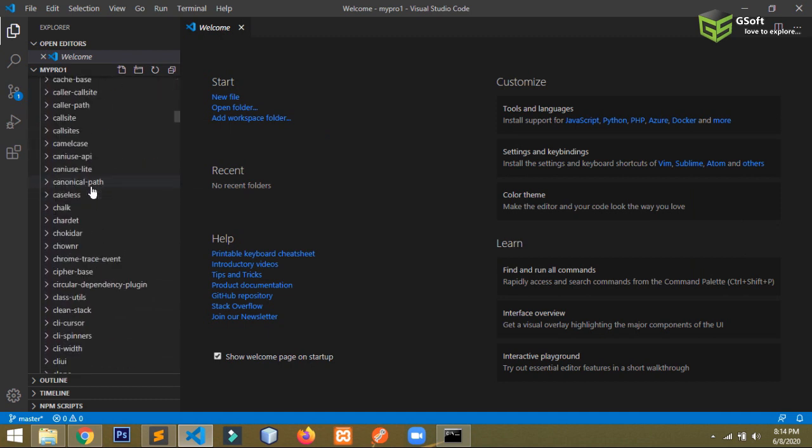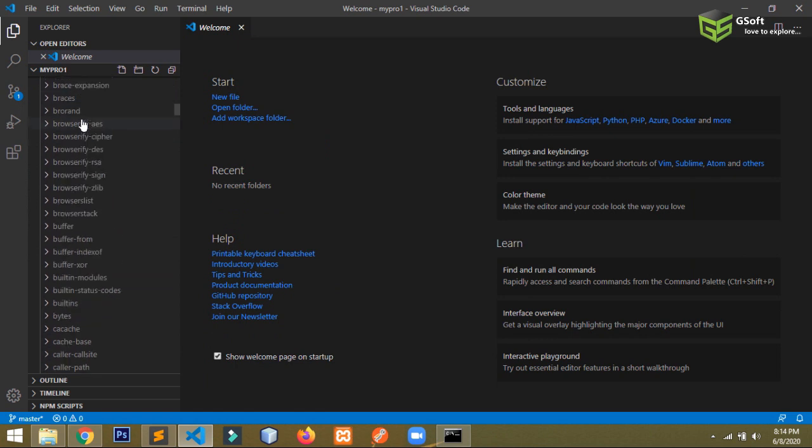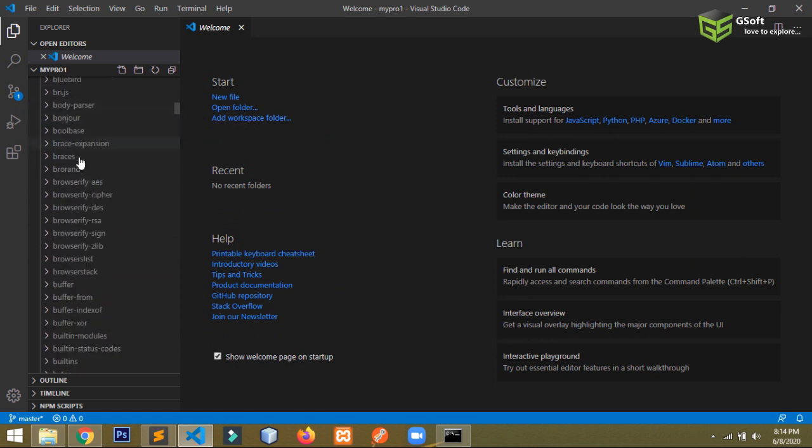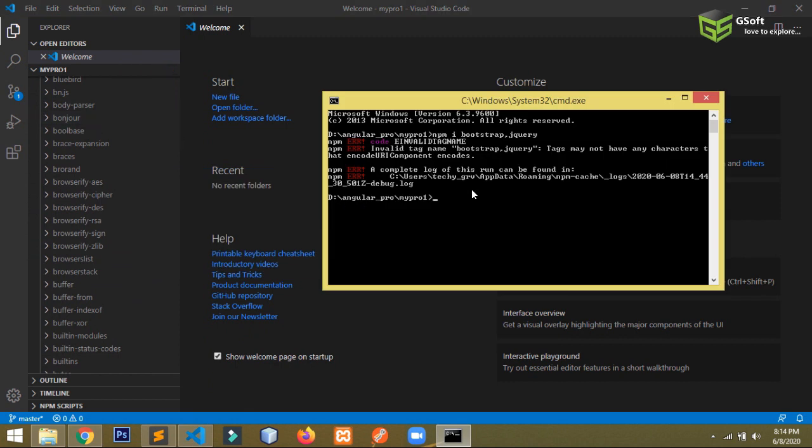Let me show you Bootstrap. Right now we don't have any Bootstrap here, you can see. It's throwing an error, so we will do one thing, we will install it separately. First we will install Bootstrap.